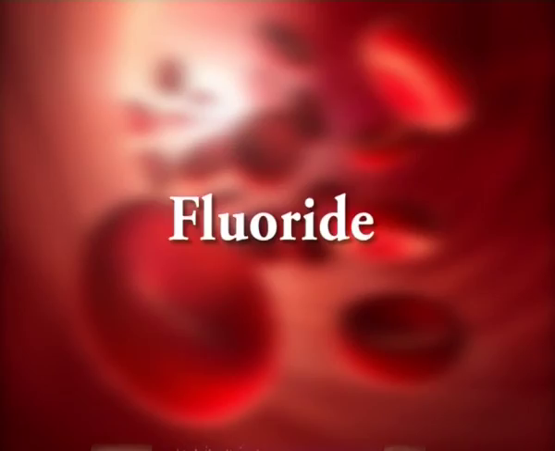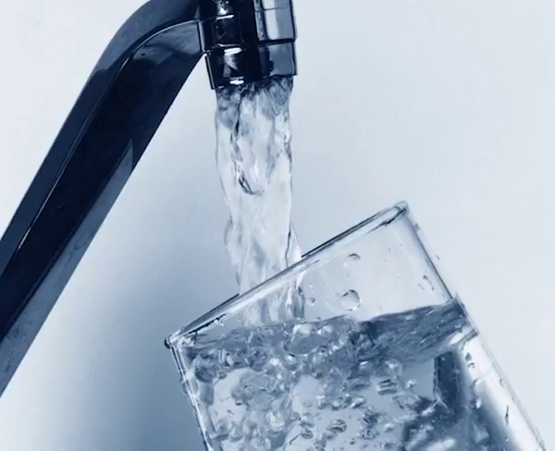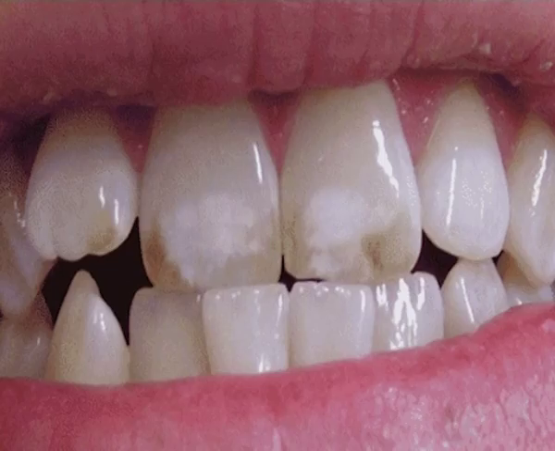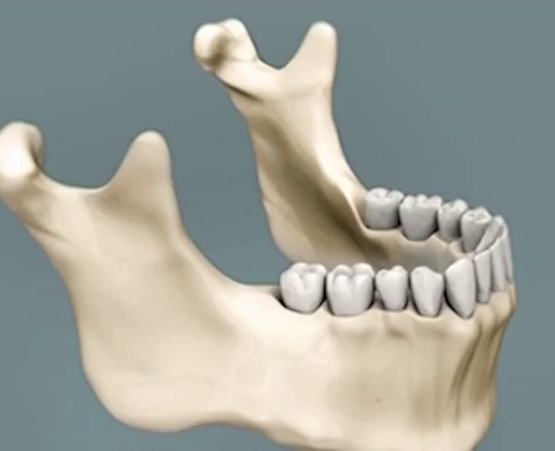Kayser-Fleischer rings caused by copper deposition also are visible in the cornea. Now, let us see the fourth micromineral, which is fluoride. Fluoride is found as a natural element in nearly all drinking water and soil and in the human body in trace amounts. Fluoride is not considered an essential nutrient, but it is clearly recognized as important for the health of bones